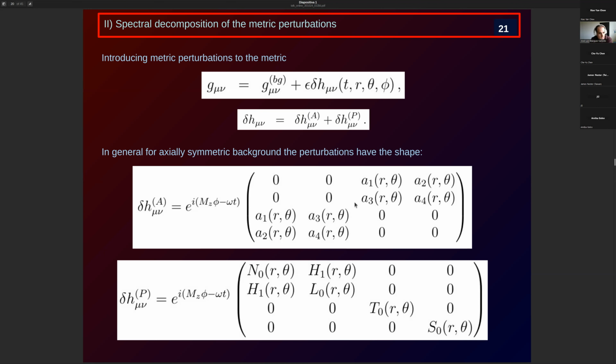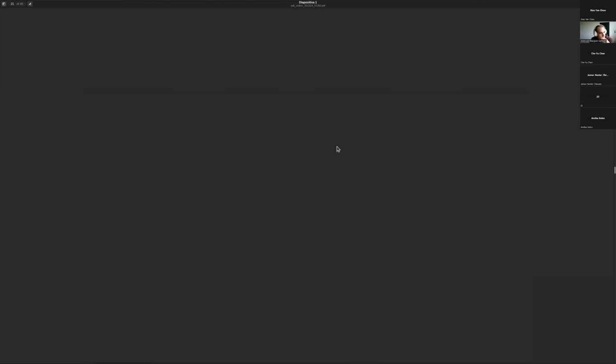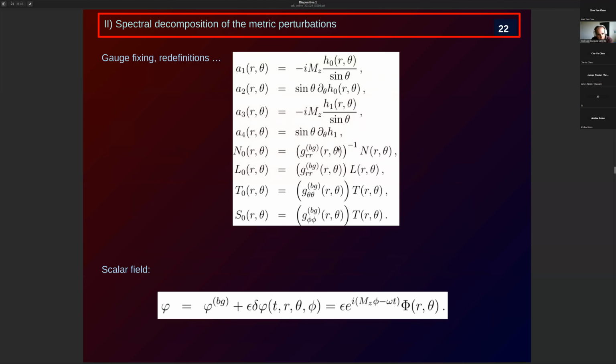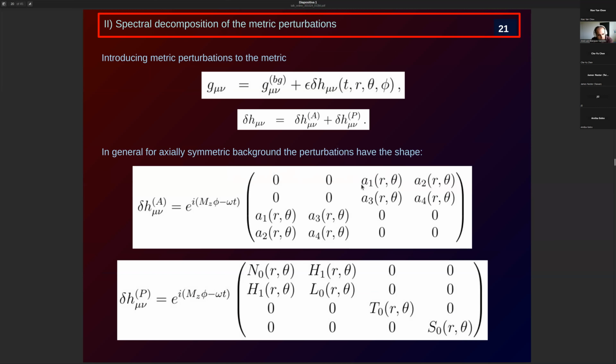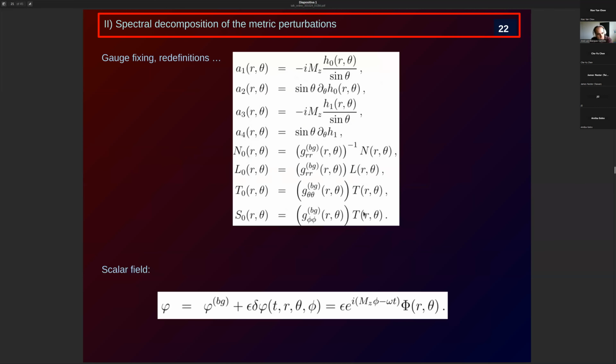So now, same as before, you have this ansatz for the metric perturbations, throw it into the field equations and see what happens. Here, what I gave you is a bit more generic. Here, you can fix the gauge in different ways. You can play with the gauge and see what is more convenient. But in general, you proceed as you would for the static case.